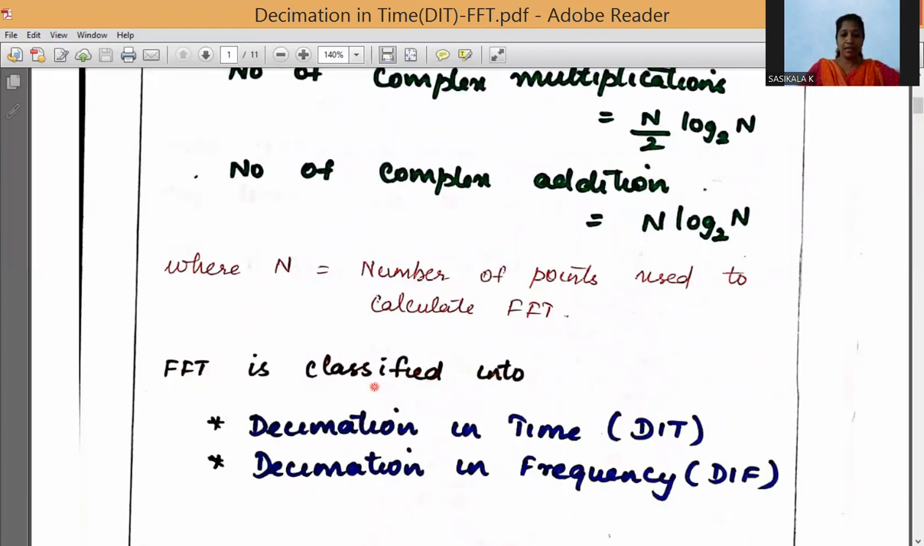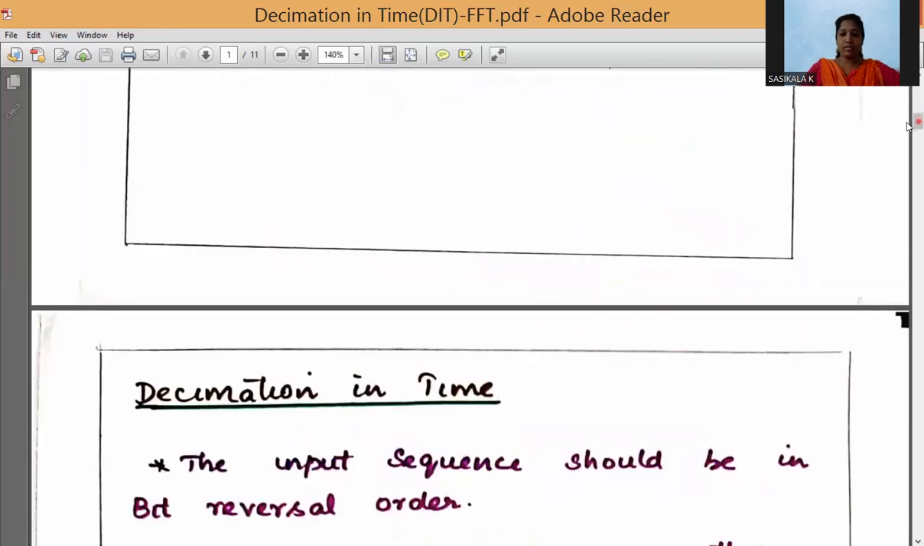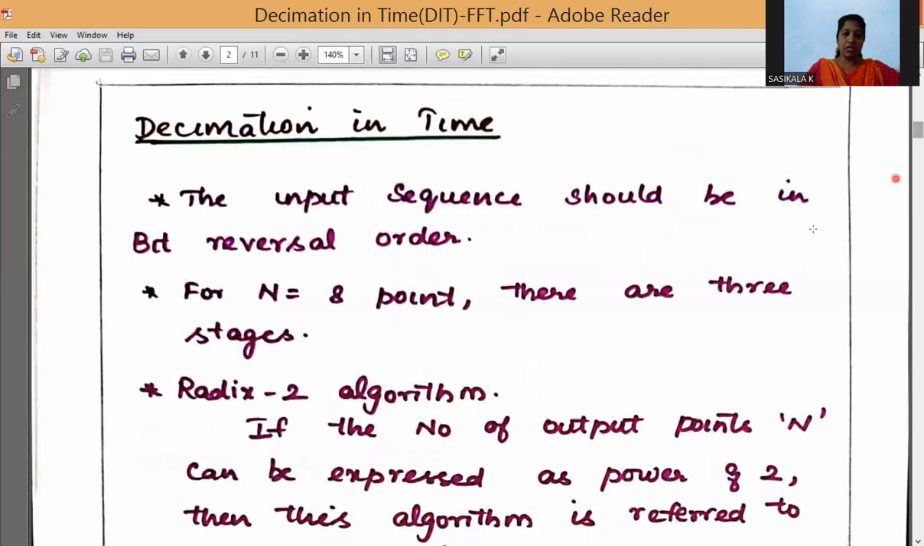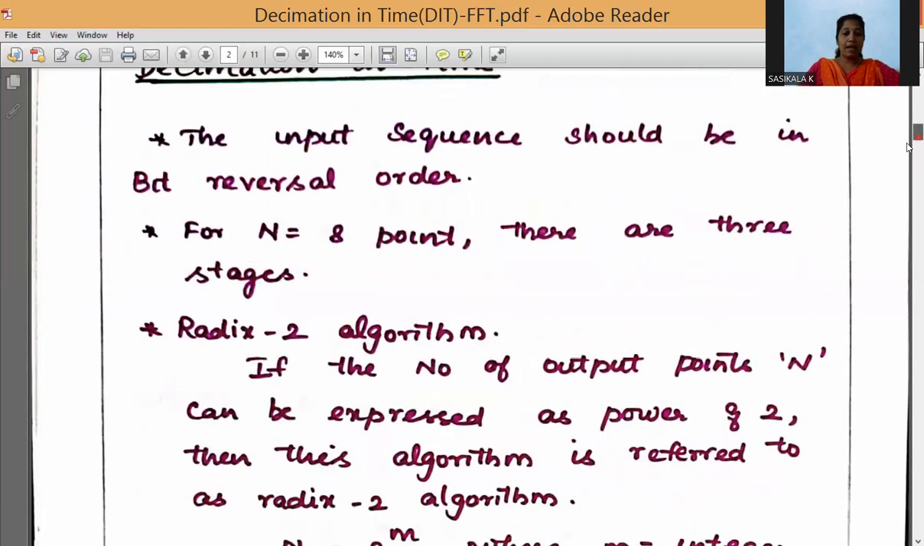Now this FFT is classified into two types. One is decimation in time, DIT, and the other is decimation in frequency, which is represented as DIF. In this video, we are going to see about decimation in time. If we use decimation in time, let us see what the rules are to follow for the butterfly diagram. First, the input sequence should be written in the bit reversal order, and we should use the radix 2